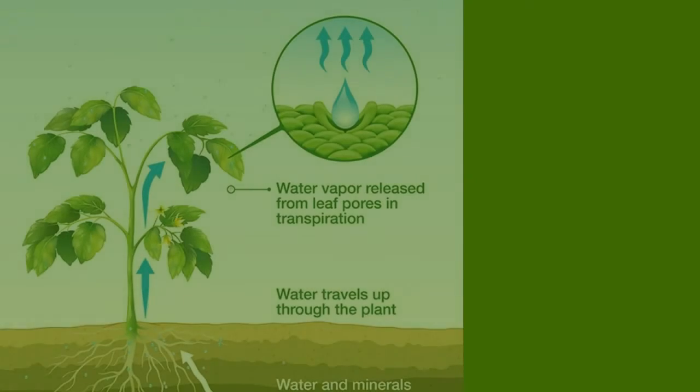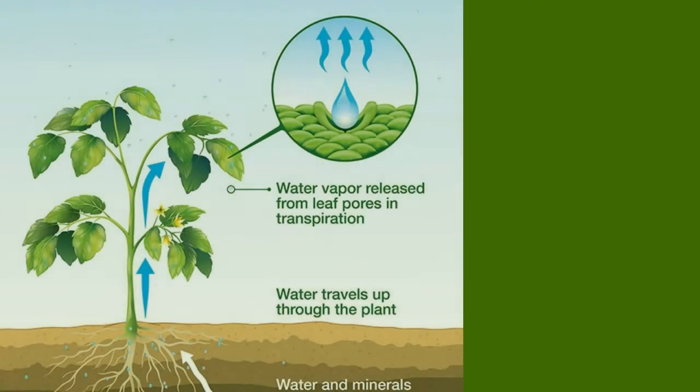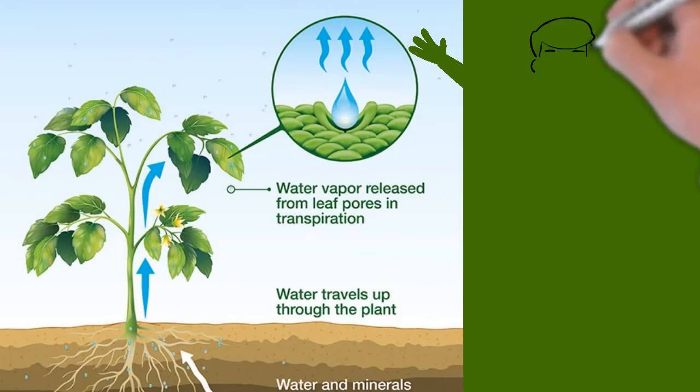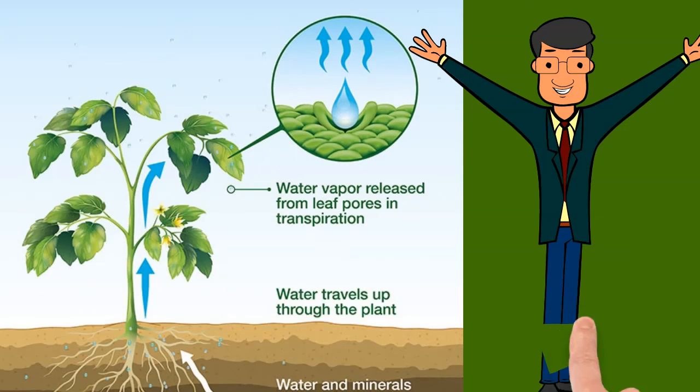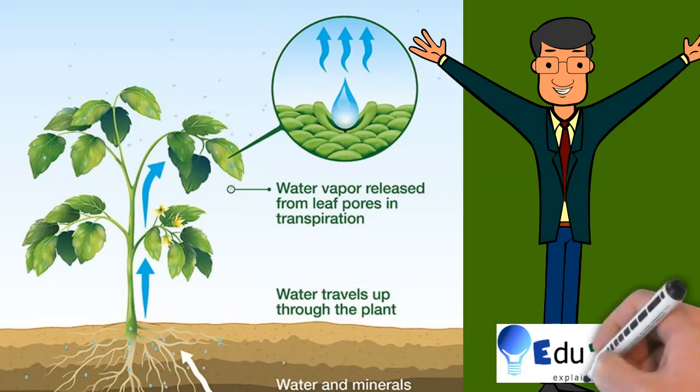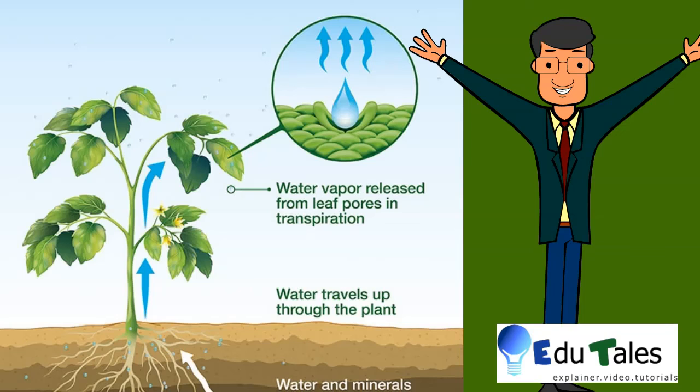Thus, transpiration from the cells of a leaf creates a kind of suction which pulls up water through the xylem vessels, which makes the transport of water and mineral ions from the soil possible.